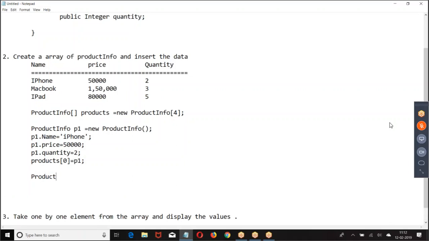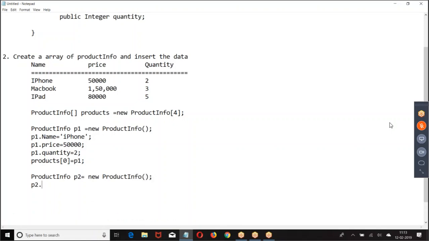Similarly, create the next one. Product info P2 equal to new product info. Name MacBook.